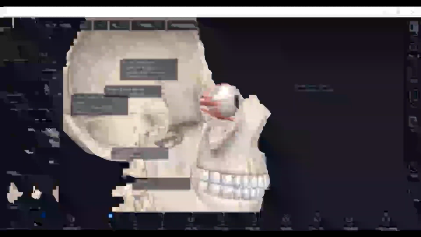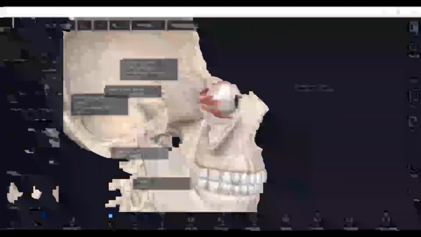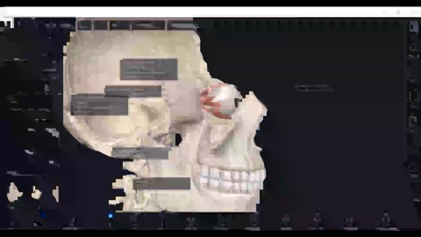If I want to hide any structure, I can click on that structure and there's an option to hide it. So I'll be able to get a closer view. This is the zoom in and zoom out option. To have a closer view, I'm able to zoom in and zoom out, and without a rotation, I'm able to move the model. This is called panning.